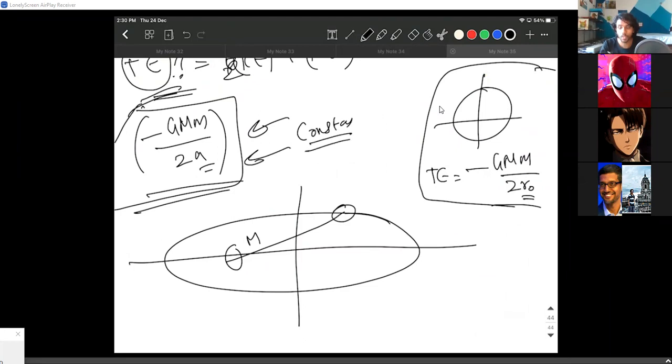The total energy is a constant value. Yes, the kinetic energy is changing, the potential energy is changing, but the total energy is a constant value. It is not changing at all. So it's a huge advantage for you, because in an elliptical orbit, everything is quite uncertain. You cannot talk about velocities being like this, accelerations being like this, and there is some tangential acceleration, some linear acceleration. Things get complicated.